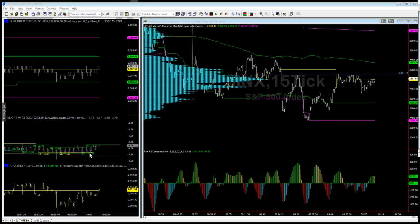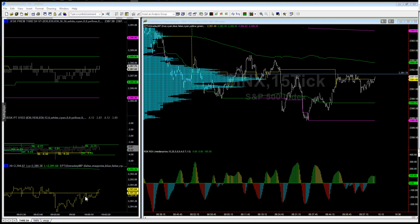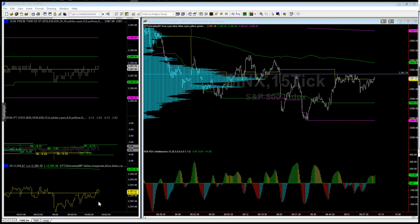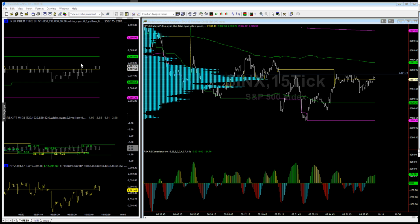Now, just as a point of interest, you notice how the premium was up just a bit on this last move. Why? Because the INX was lower. Now, we have moved up a little higher here, and this could fool you. We keep on emphasizing that if the INX is lower when the ES is higher, you're going to get a higher read on the premium, not a lower read. That does not mean